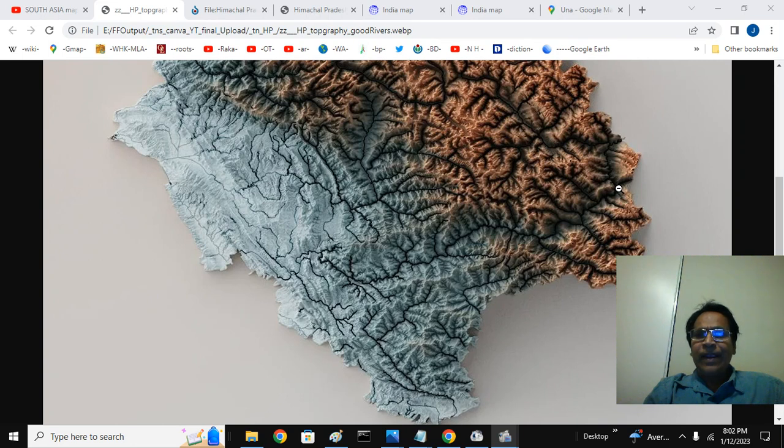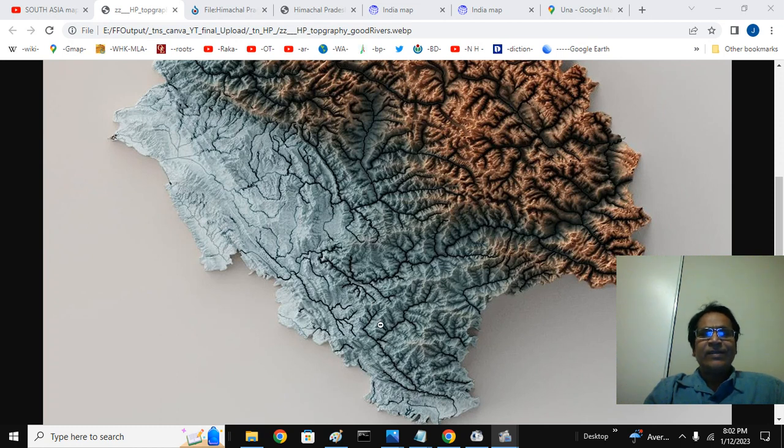The river enters into the Trans region here, gathers the Spiti river here, and the Baspa Sangla river here. This is somewhere Rampur. It cuts through the mountains. A ridge from the Greater Himalayas separates, that is the ridge from here to Dagshai. You can see the ridge here to Dagshai is somewhere here near Simla. It separates it from the Yamuna Basin.